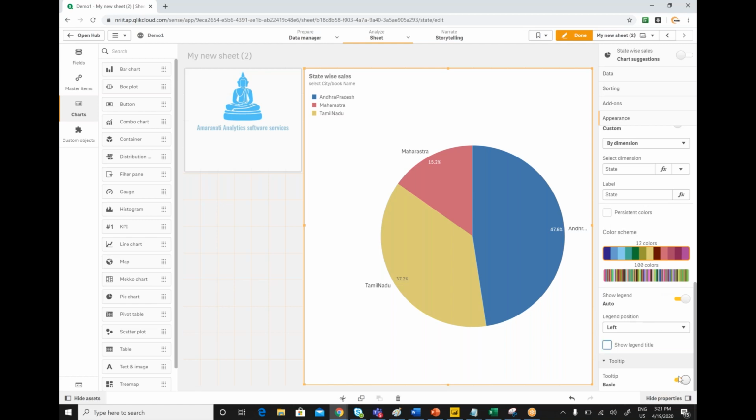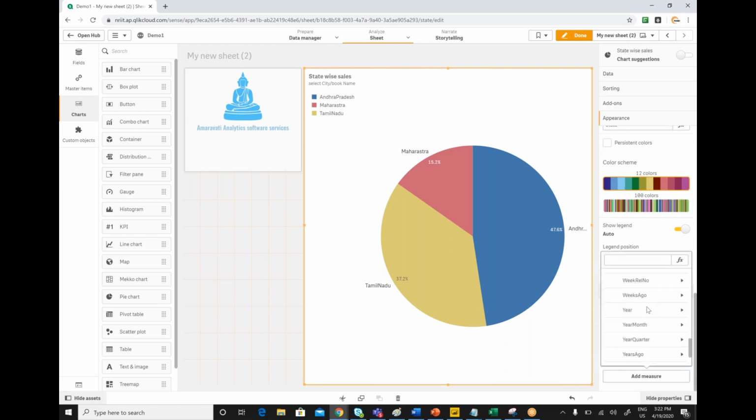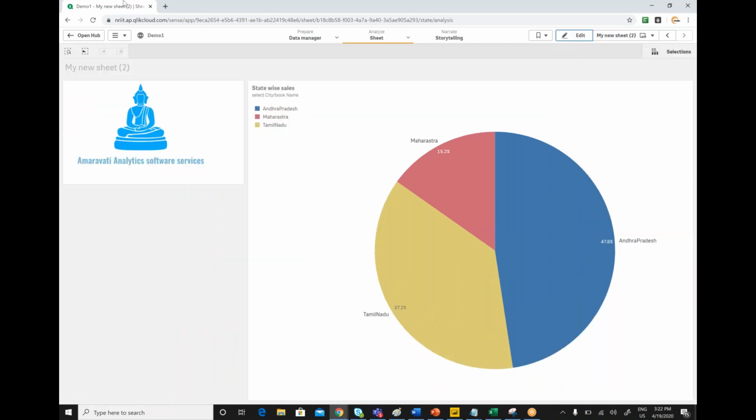Tooltip also, here also basic or customize. Basic means whatever value you are representing, it is going to showcase. Custom means you can add measures, like actual cost, and similarly the number of transactions. You can add any number of measures. Then click on Done. So now you can see,